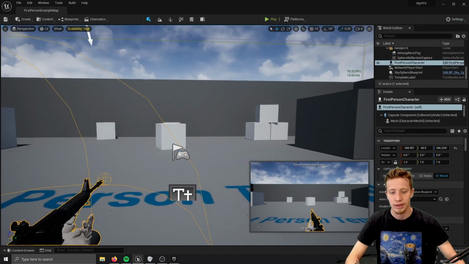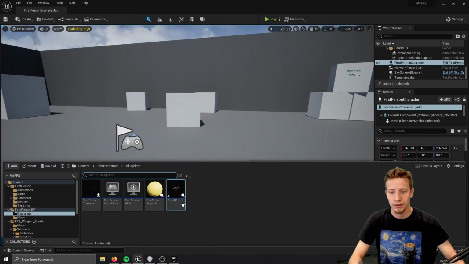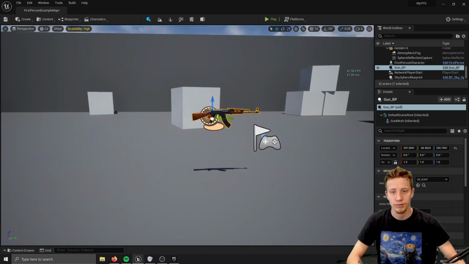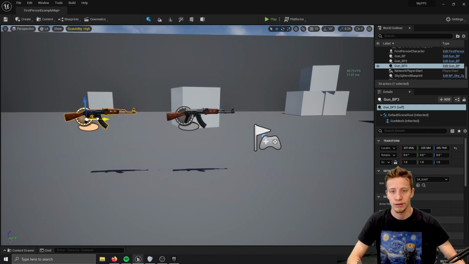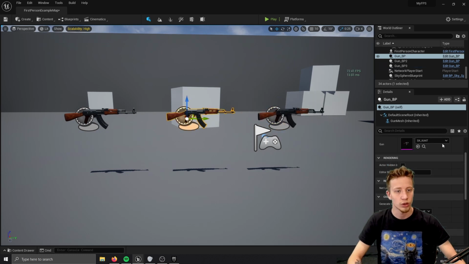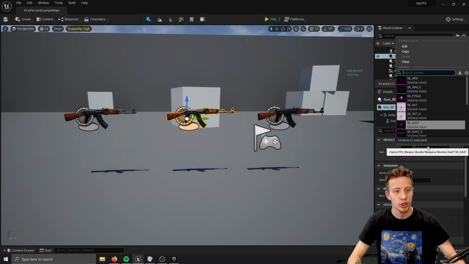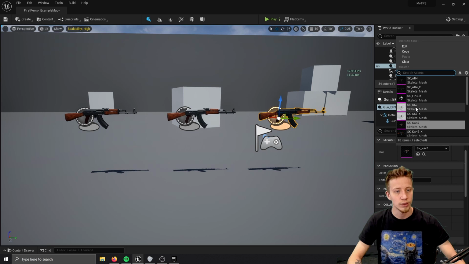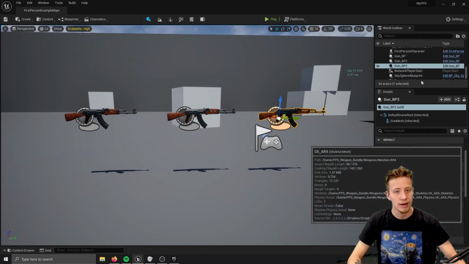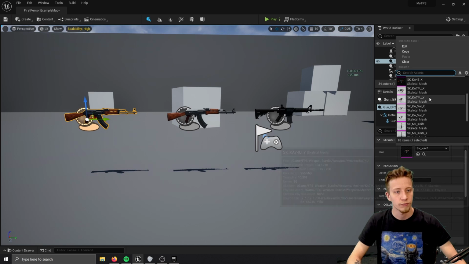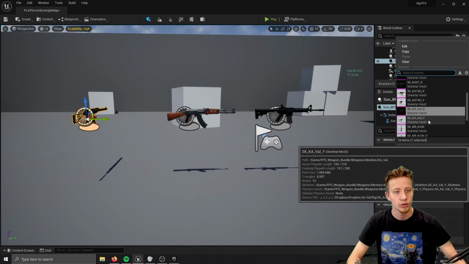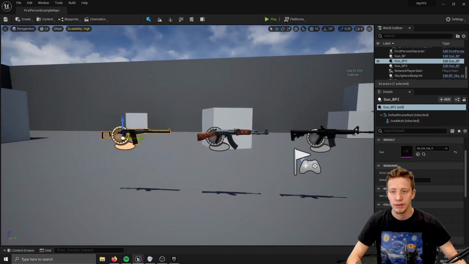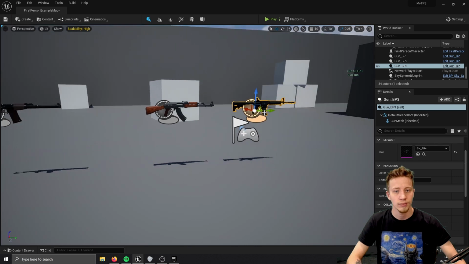So if I close this and press Ctrl Spacebar, let's put my gun here a few times. So Ctrl C, Ctrl V. Now what I can do is, right here on the side in the details panel, set up different meshes. So let's say that I want this one to be, I don't know, AR4, and this one something cool, so SKKI, something like, oh, that's oriented in the wrong way. So which one is it? This one? Yeah. Right, let's move them a bit further away from each other